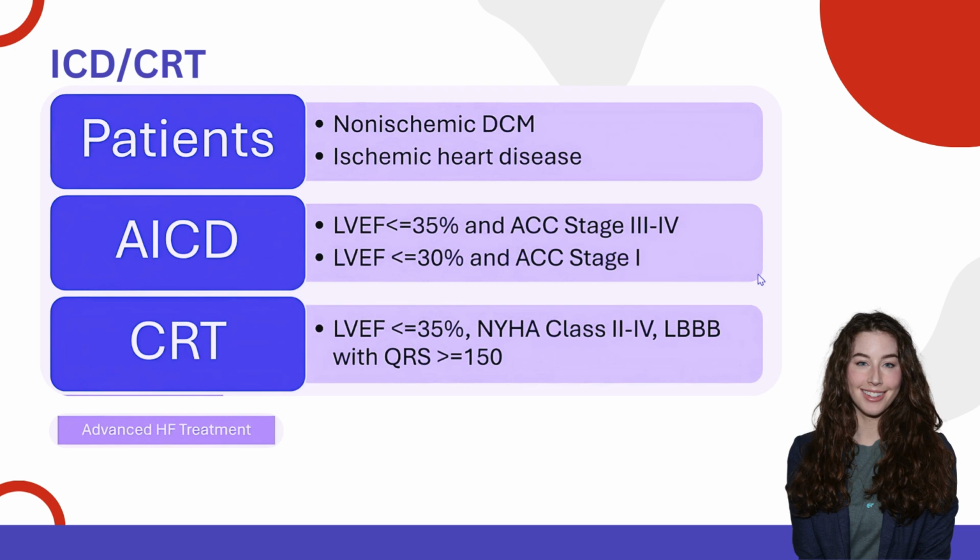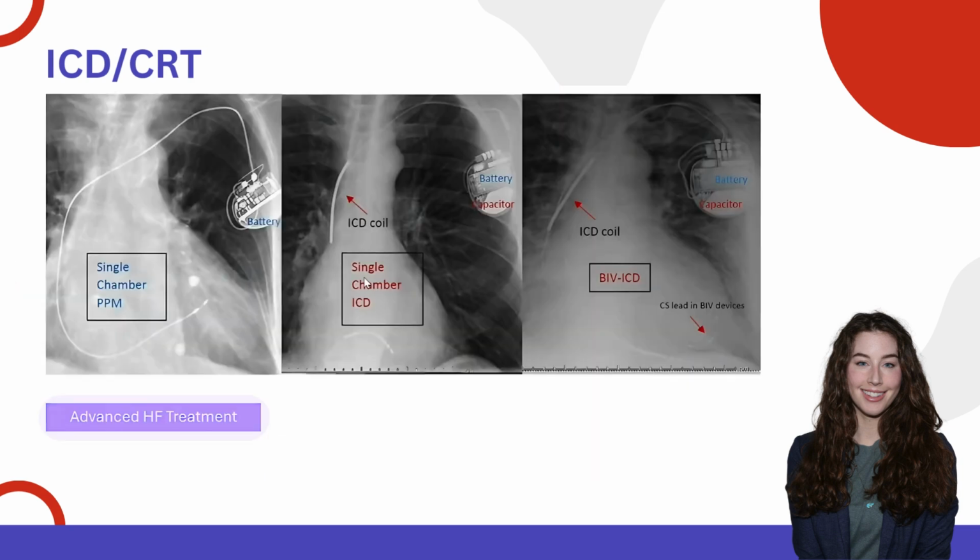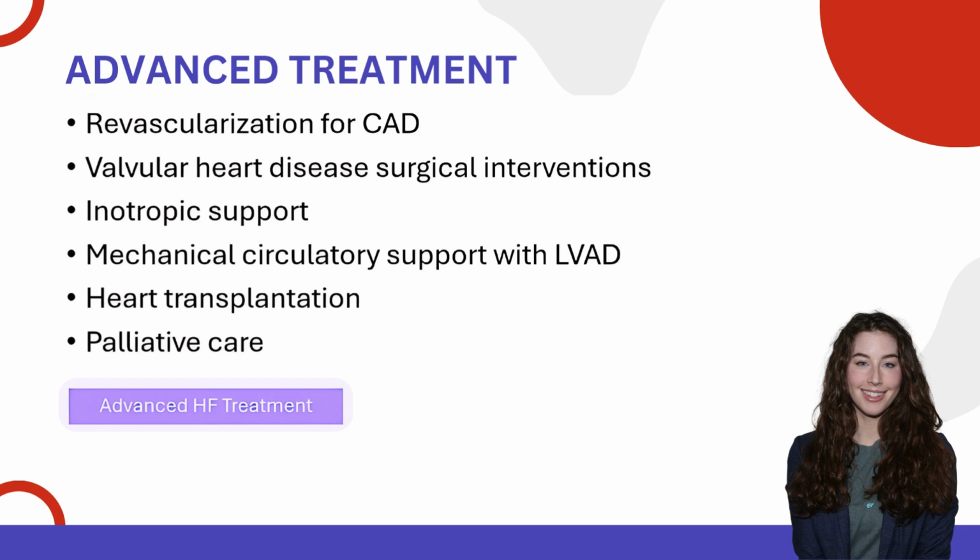CRTs are cardiac resynchronization therapy devices, so it is capable of pacing both the left and the right ventricles if there's a dyssynchrony, so inefficient pumping between the two ventricles, and it can be coupled to a defibrillator. And this is what they look like, showing which chambers of the heart they're in. And on a chest x-ray, you can see that defibrillators will have coils in their respective chambers. So on the middle and the right, you can see a thicker loop of wire, and that's how you know it would be a defibrillator